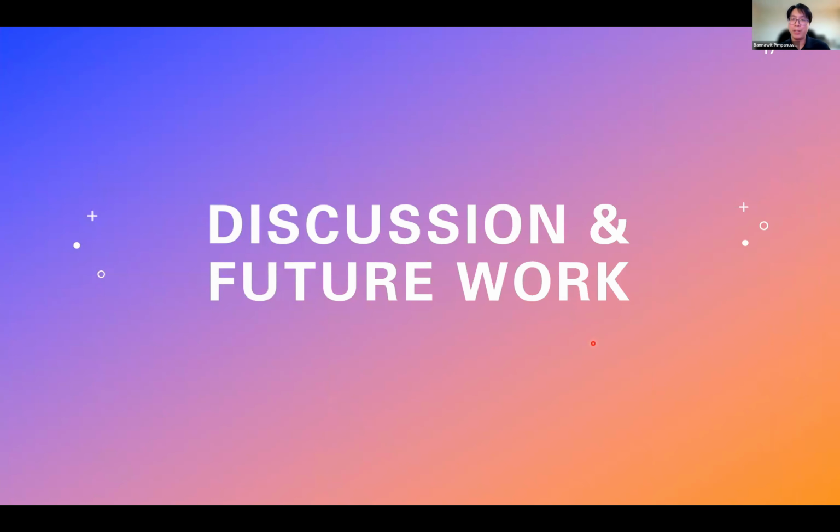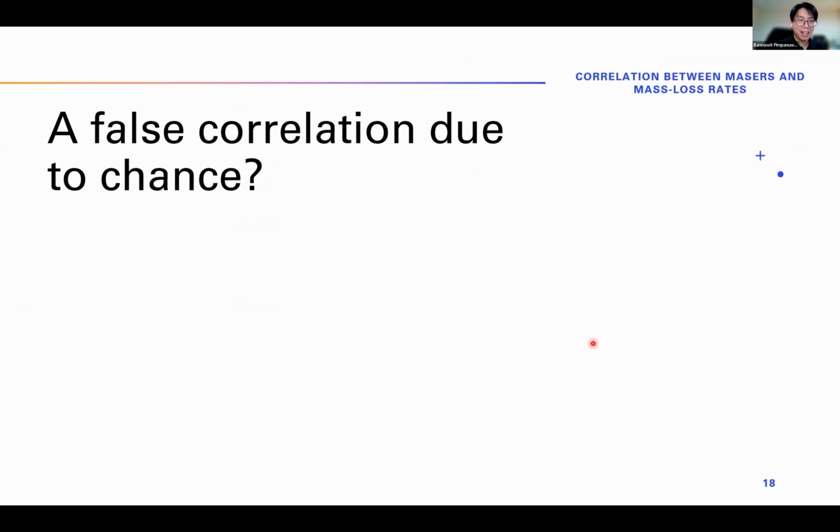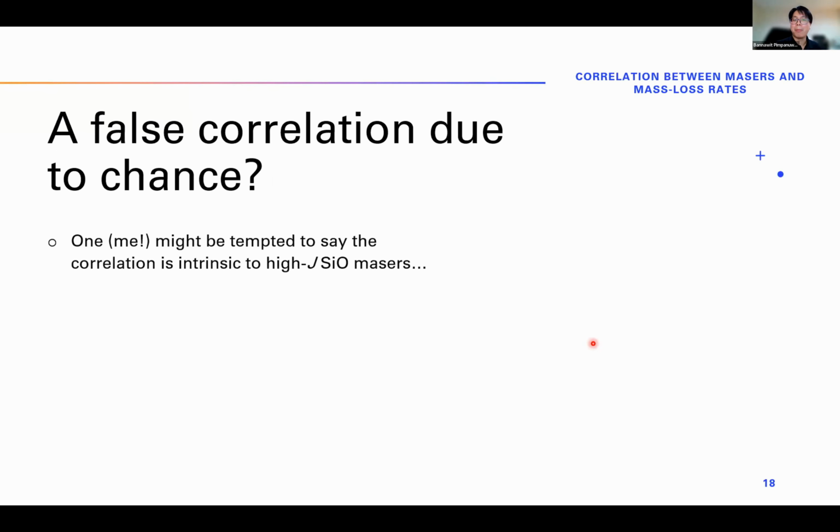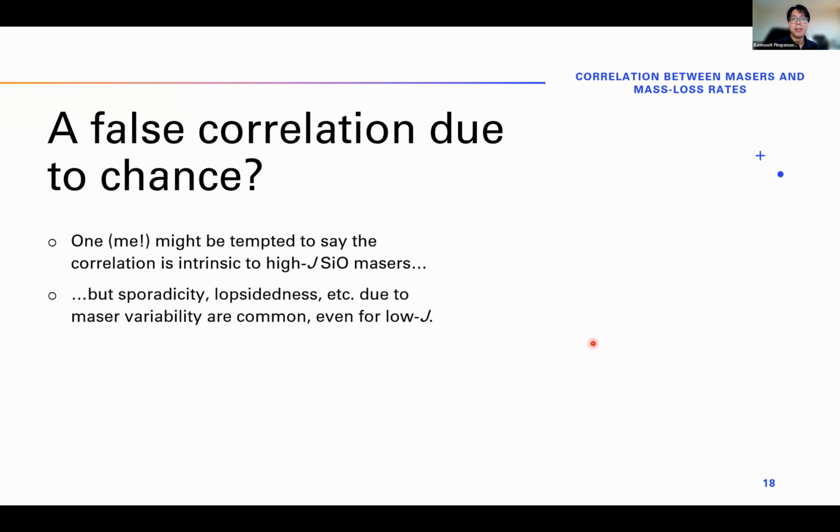Okay, so pretty exciting stuff, but there are some caveats that we have to discuss and improve before we can verify this finding. So firstly, we are not sure if this correlation is actually physical, because at the moment, we've got just one epoch of observations. And one might be tempted to say that this correlation is intrinsic to high J SiO masers because we haven't seen this in low J SiO masers yet, as far as I know. Now, but the problem is,